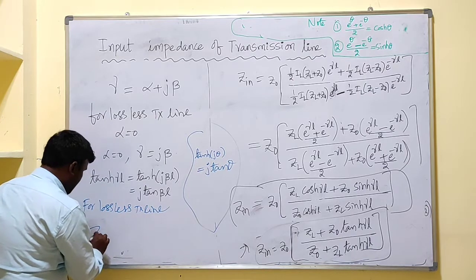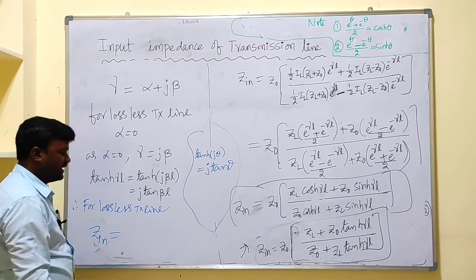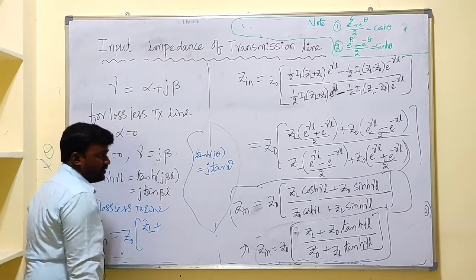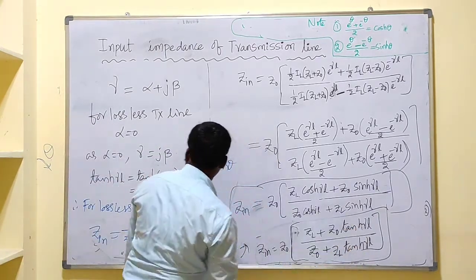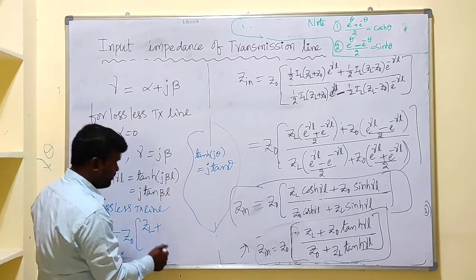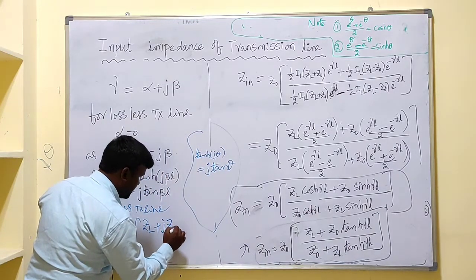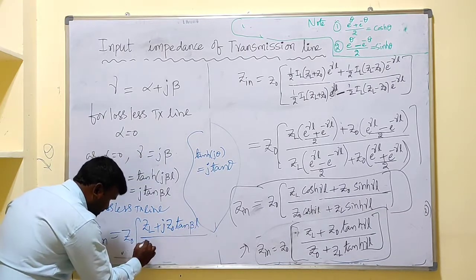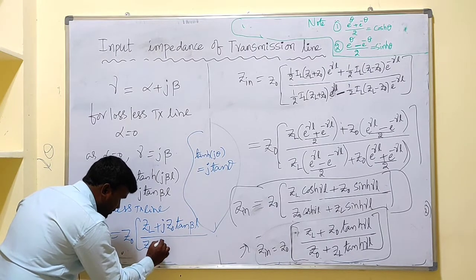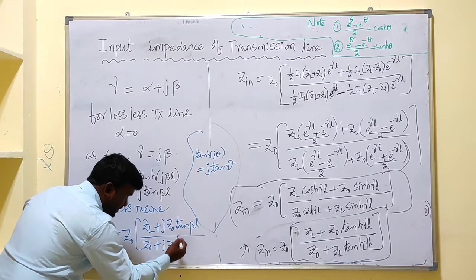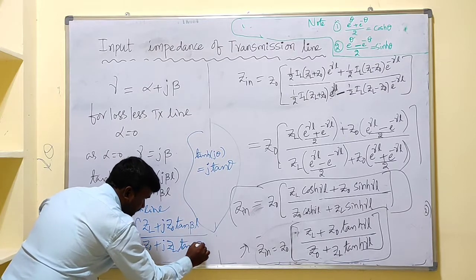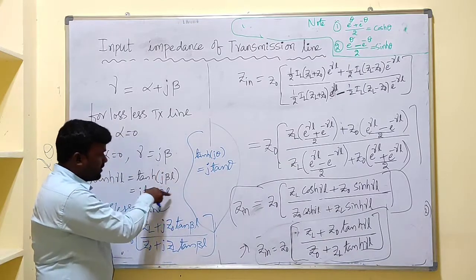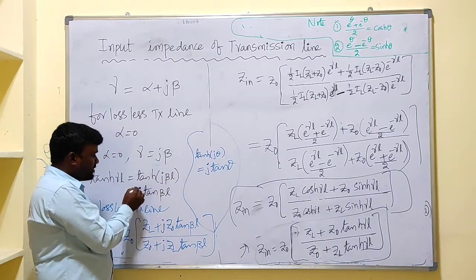input impedance Zin is equal to Z0 [ZL plus tanh jβL, equal to j into tan βL, means we can write this as j into Z0 tan βL]. By what I said, ZL is replaced with Z0, as it is j only, Z0 is replaced with ZL, second term is tan term, that is tan βL. So tanh γL is tanh jβL for the lossless transmission line, that is equivalent to what? j into tan βL.